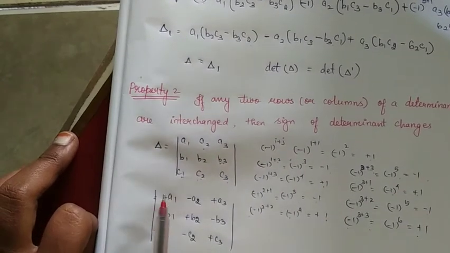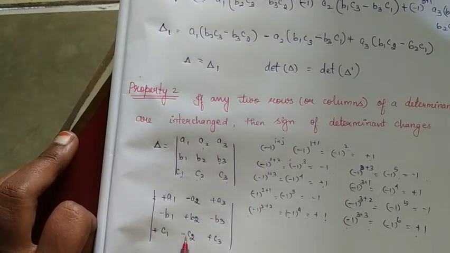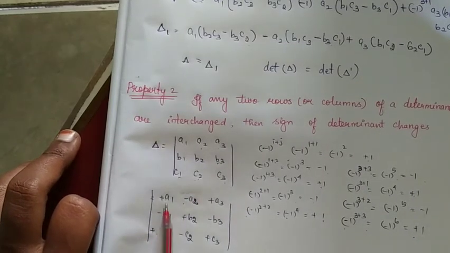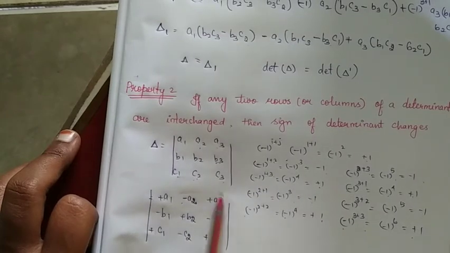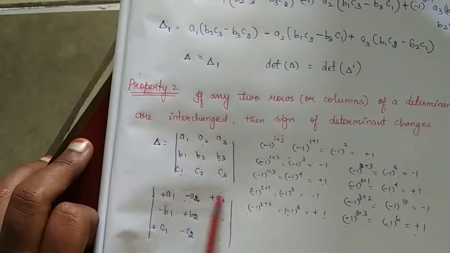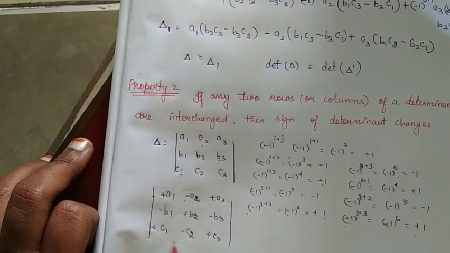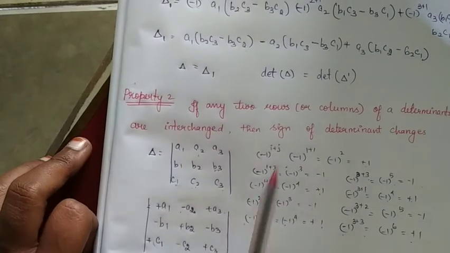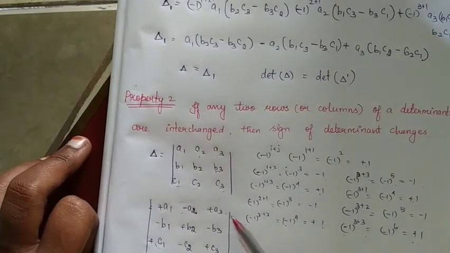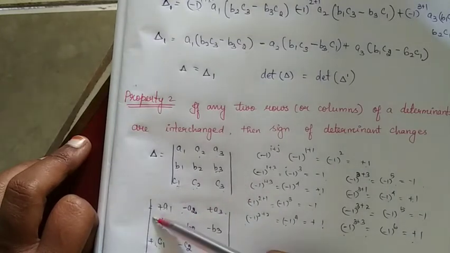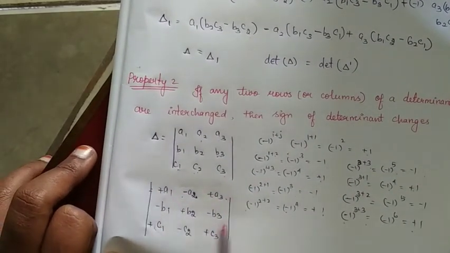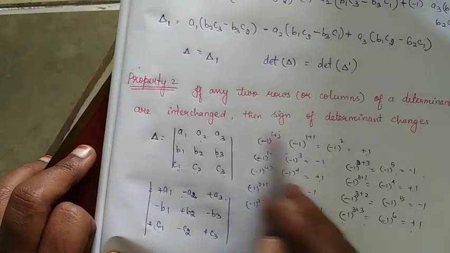For the first one, A1 means plus A1 of the 4 elements, the determinant I will take. Next for this, if I take minus A2, I have to take the determinant along with this and this. And for this, if I take plus A3, the row and column I leave, then the remaining 4 I will take. Only for the elements outside we take the sign, but inside the determinant, the same sign given here we have to take there. Now keeping this sign in mind, let us do this.